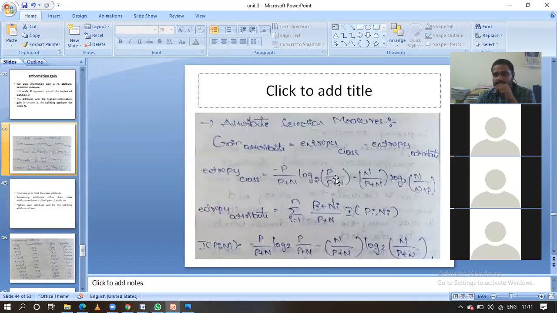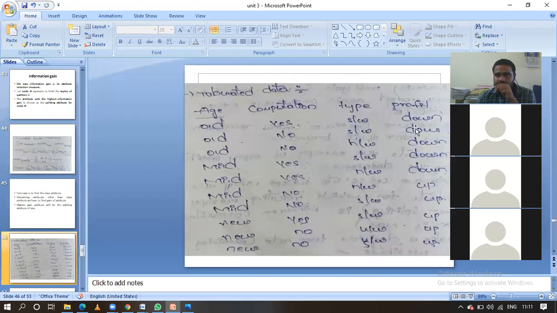Okay, the first and foremost thing is, in the data, which one we have to take as the class attribute. Here is the class attribute. Why? Because this is the splitting criteria, right? Profit is the splitting criteria. Based on that we are going to divide the overall data. This is the class attribute. All the remaining will be the candidate attributes. For each and every one we have to calculate the gain.